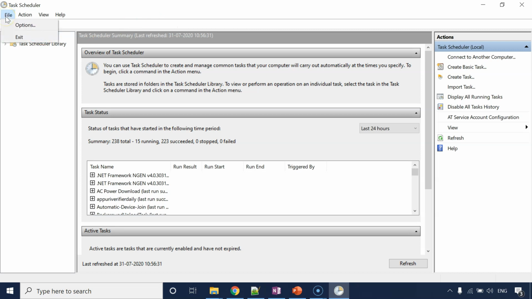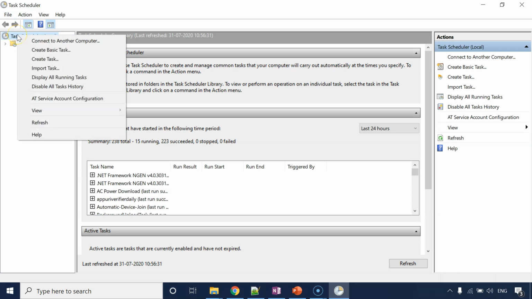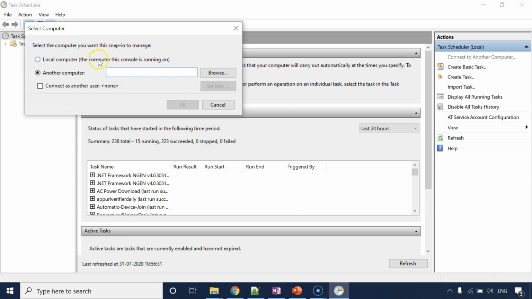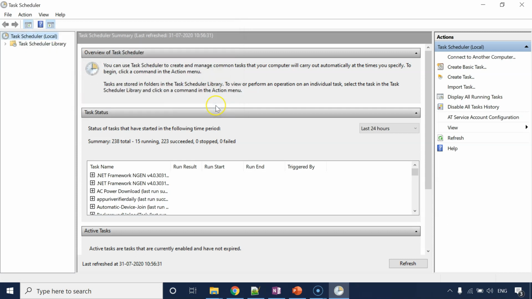So one important thing is, if you right click here, you can connect to another computer as well. So if you want to schedule some task on a different server within your domain, you need not log in to that particular server and then schedule, but you can directly do it from this server also, right? This is my personal system, so I do not have any other computer in my domain. I can't connect basically, but this option is there over here, right? I choose not to connect.